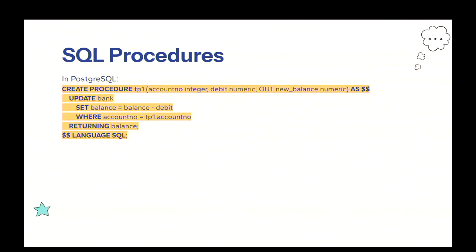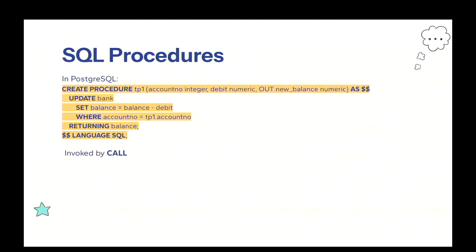You don't need to specify the return type, because logically, SQL stored procedures are not expected to return any value. However, if you really want to return some value with a stored procedure, you can use the returning keyword, and it is within the $ sign. That's the difference between the syntax of declaring functions and procedures.